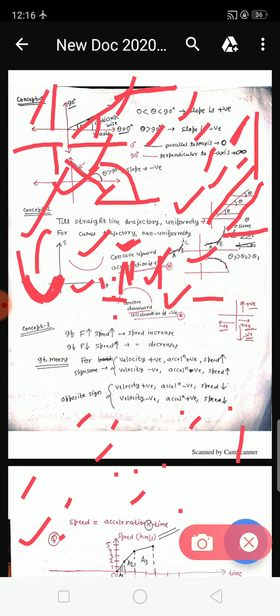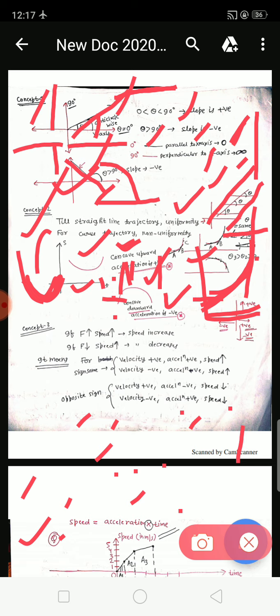What is the thing in a curve nature? How will you find the slope? There is a curve. This is a curve. You have to find out what the slope value is. This is a displacement time graph. There is a curve. To find it, suppose this is a point. Draw a line. This will take some angle with respect to the positive direction of the x-axis. Again you draw a line here, and this line will also make an angle with the positive direction of the x-axis.